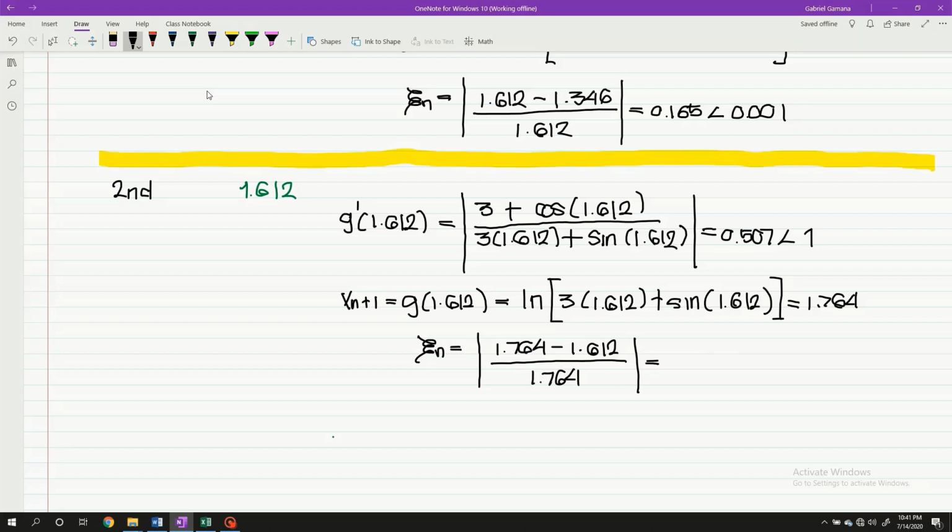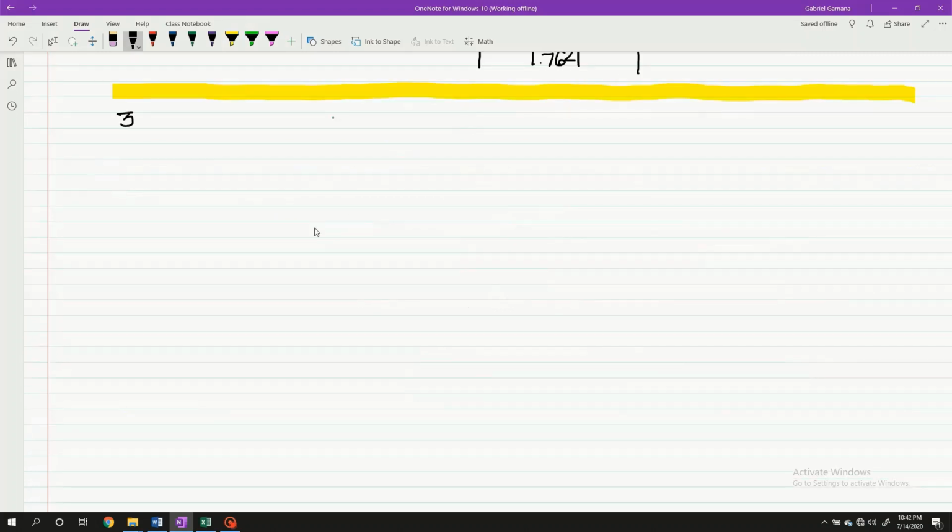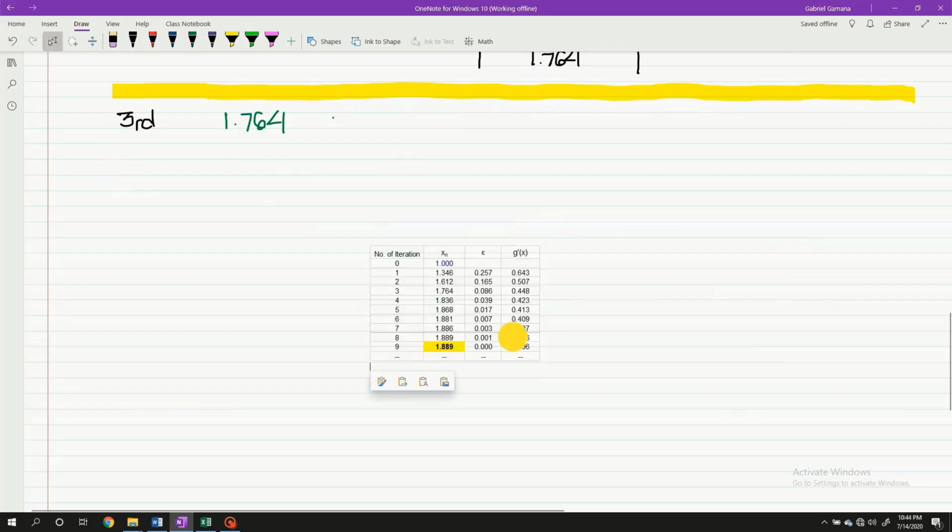And that is equals to 0.086. Quite near from the stopping criterion, but still we will proceed the solution. For the third iteration, the defined value of x will become 1.764. Well again, I suppose that you now understand how to determine the roots of an equation using fixed point